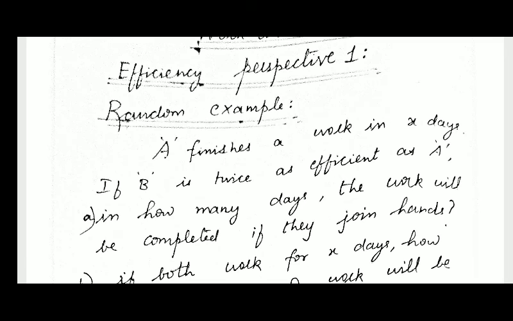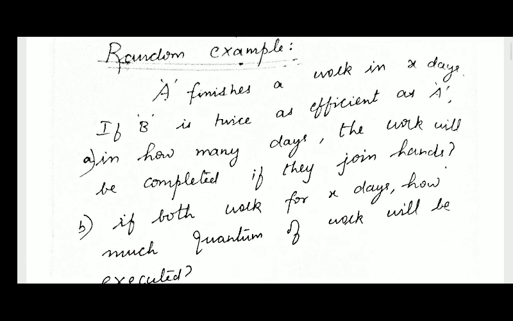So now we will try to address two questions. When they join hands together, when will the task be completed? Or rather, with their combined effort, when will the job be completed? The second question is, if we are freezing the time frame, say for example if both are working for a fixed span of time, say X days, what will be the quantum of work done together? So let us address both of them.